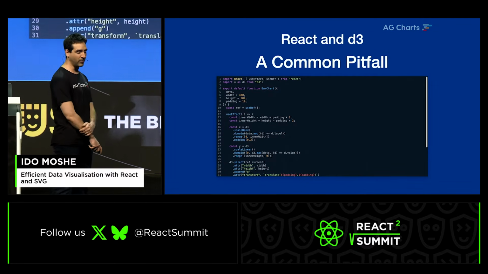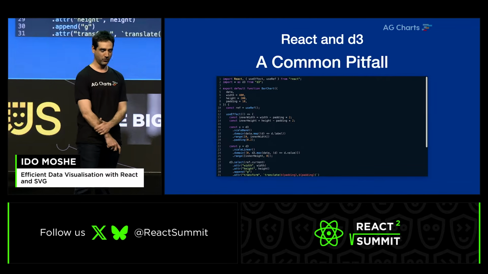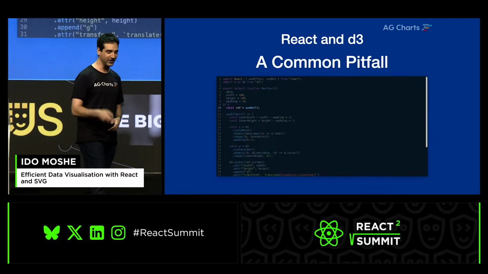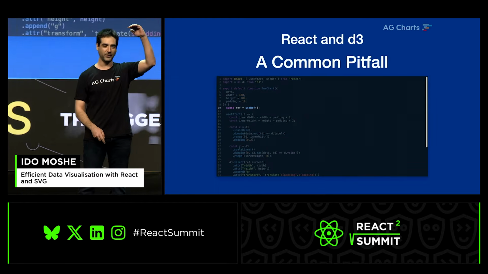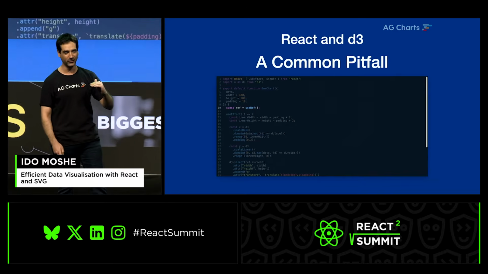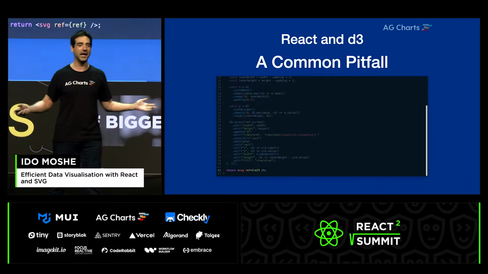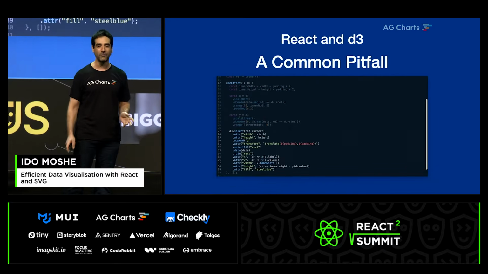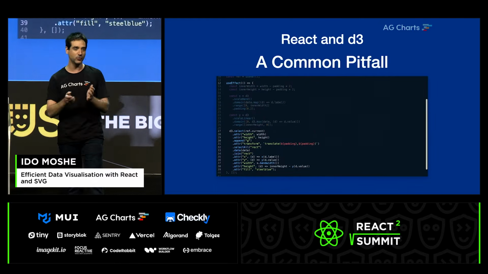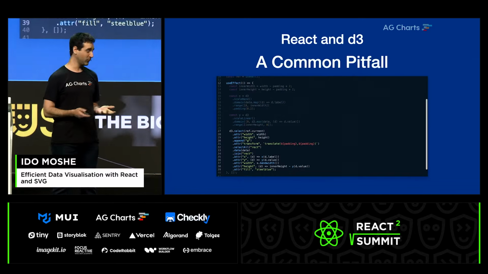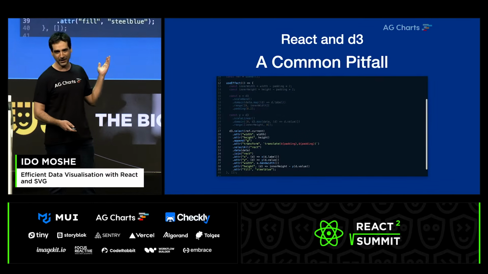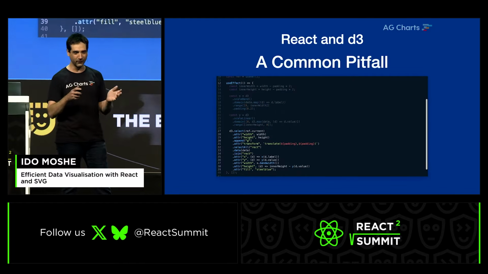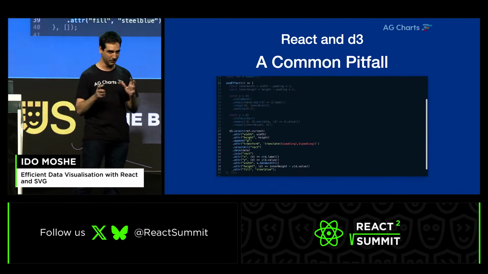So the most common pitfall I see almost everywhere when trying to integrate D3 and React usually starts with a ref on the top, and you can already guess what the final line of the component is going to look like. It's going to be an empty SVG element with just the ref on it. We gave all of the rendering responsibility to D3. But if that's what we're doing, then what's the point of using React? We're bypassing React here just to make sure that D3 can act as it wants,